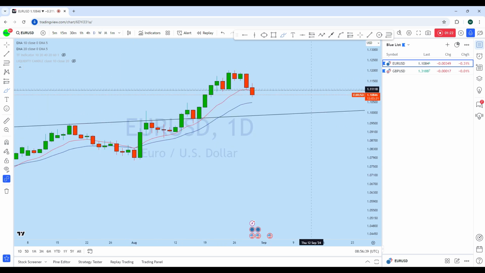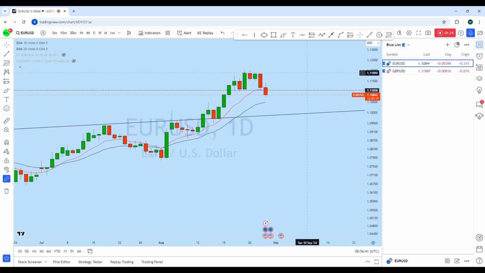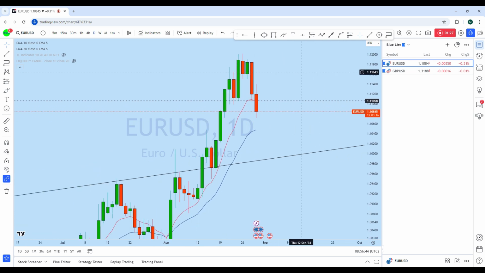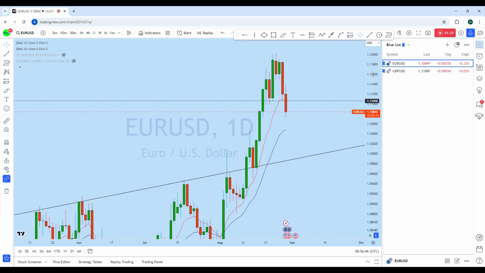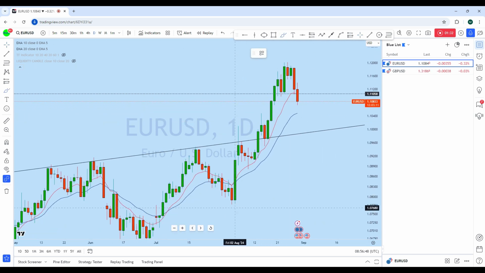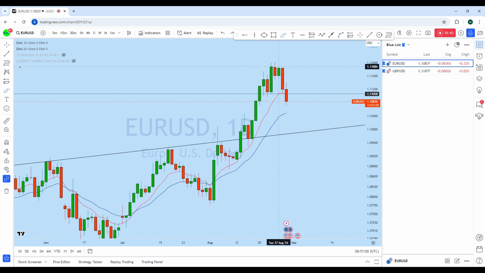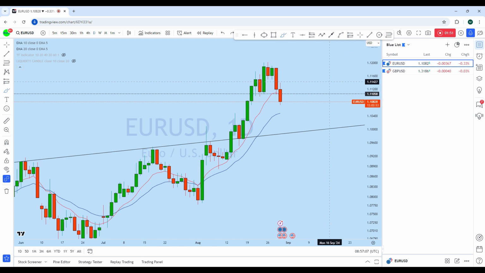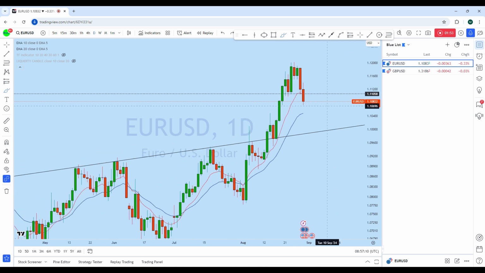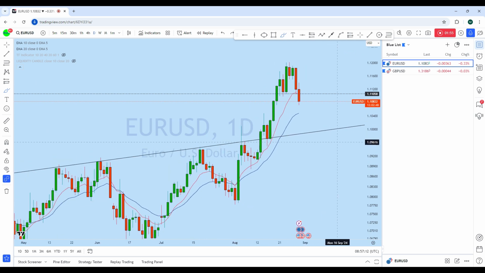If we drop down to the daily chart to see how the price is doing, we can see that from the daily, EURUSD is also showing a potential reversal. We have seen a daily uptrending market structure. There is a bounce followed by a pullback, then another bounce and a deeper pullback. And after this strong impulse to the upside before the monthly close, we can see a double top formation forming on EURUSD. Currently the market is breaking from that structure, and we expect it to drop further to this